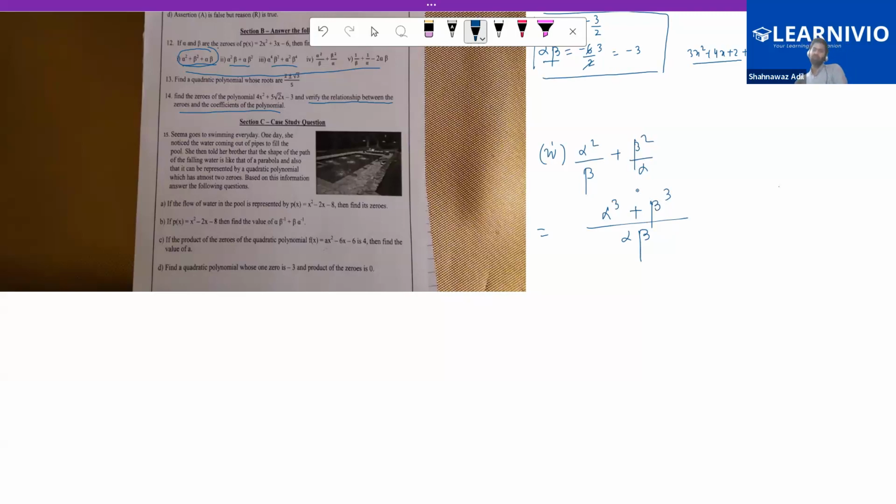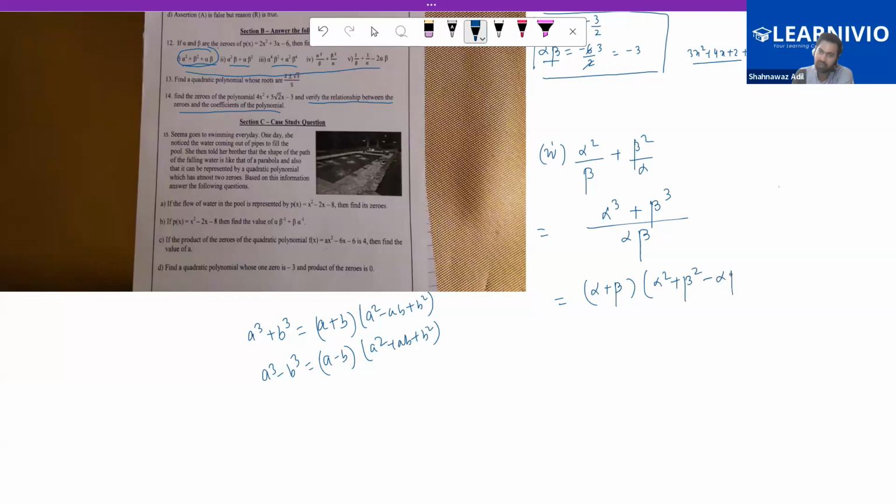Now what can we do in this one? What is the identity for A cube plus B cube? Sir, I forgot the identity. Let me just tell you that A cube plus B cube is A plus B and A square minus AB plus B square. And similarly, A cube minus B cube is A minus B and then A square plus AB plus B square. So we have to use plus. So it is alpha plus beta and then alpha square plus beta square minus alpha into beta,